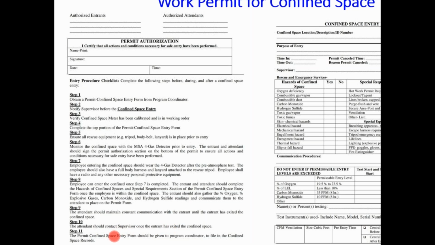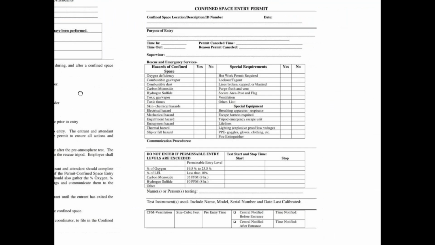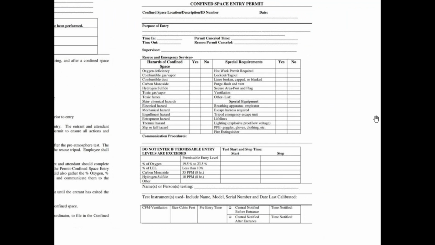So the permit confined space entry form should be given to the program coordinator, and that should be signed by the person who has completed that activity in a safe way. So this is another form, which is simpler compared to the previous one. It clearly mentions the location, ID number or description, then the purpose of entry, time in, time out, supervisor's name, sign date, permit cancel time, reasons for permit cancellation, and then